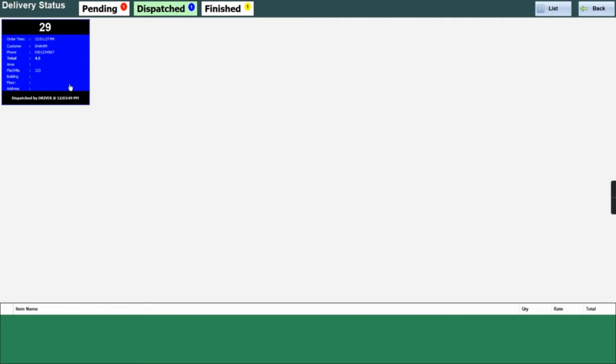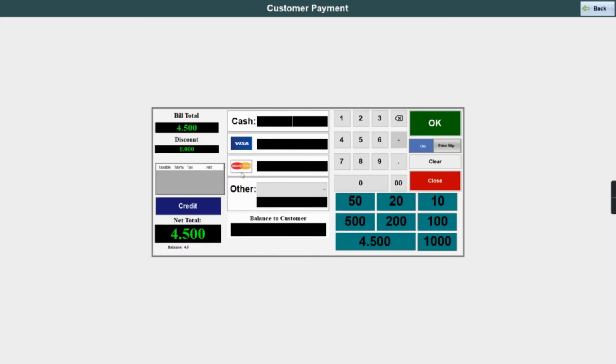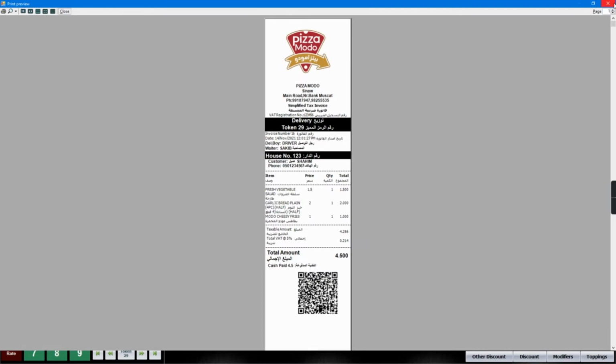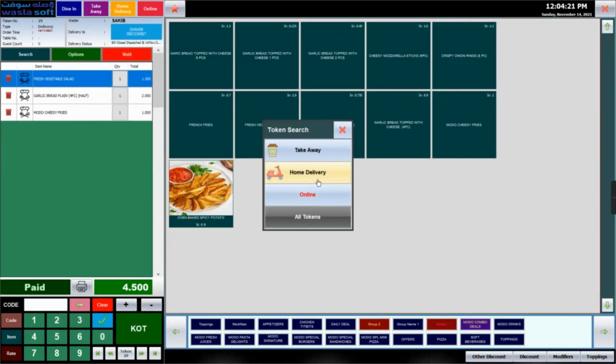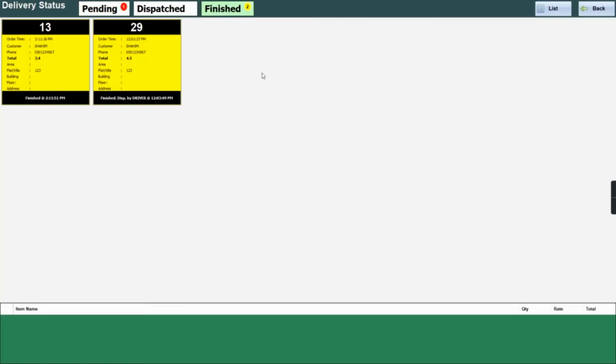And when the driver comes with the cash, you can directly close the bill with payment details. So under the search option you can see home delivery, it is going to the finished section.